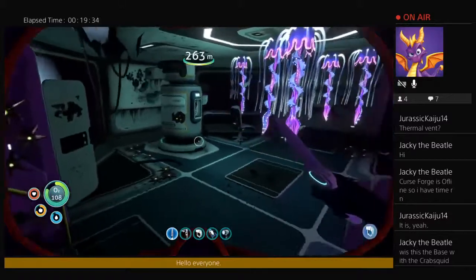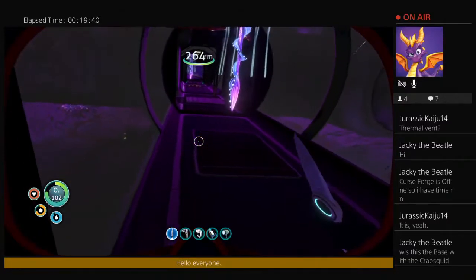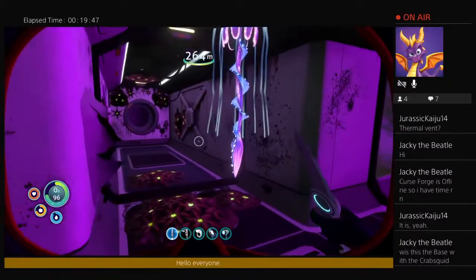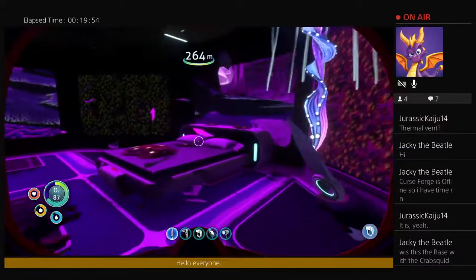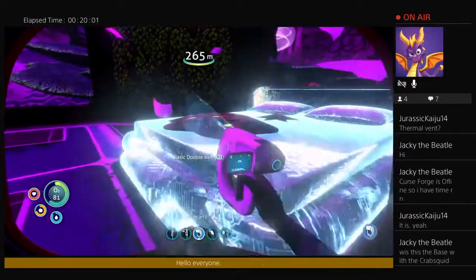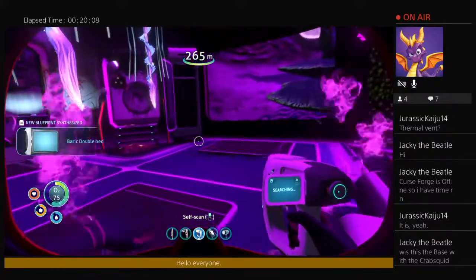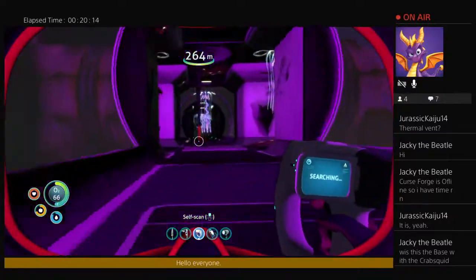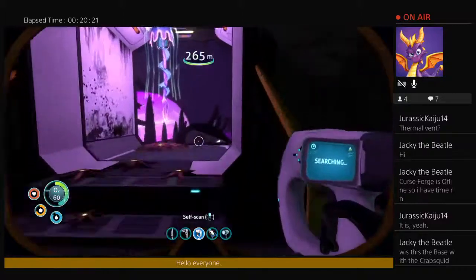Okay, I don't see anything else in this room. Nothing that way. Blueprint acquired. Okay, I need to get back out. I've not explored everything down here yet. But I'm running out of air, so I need to go...